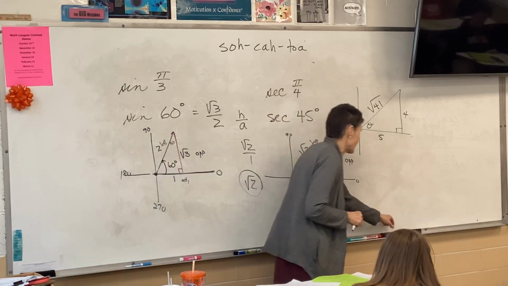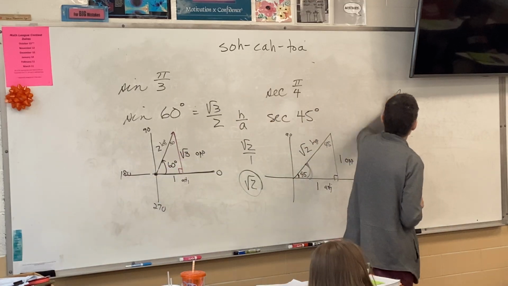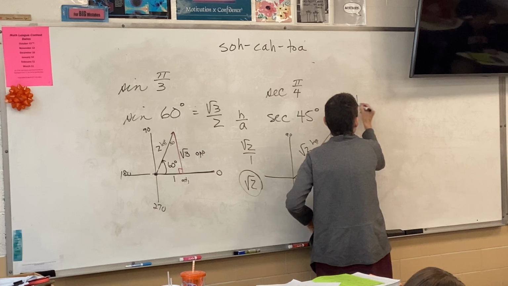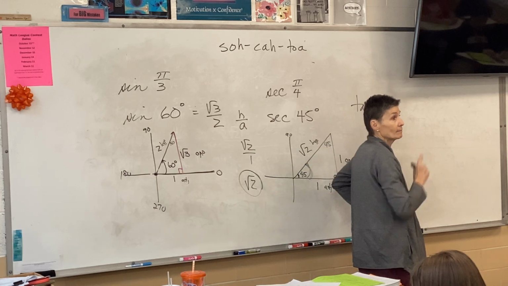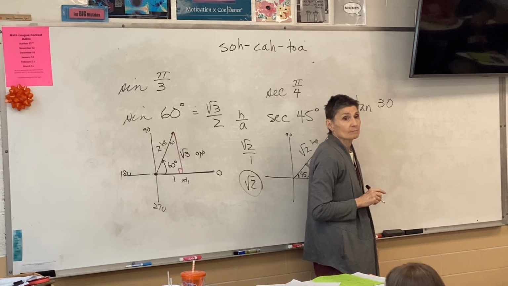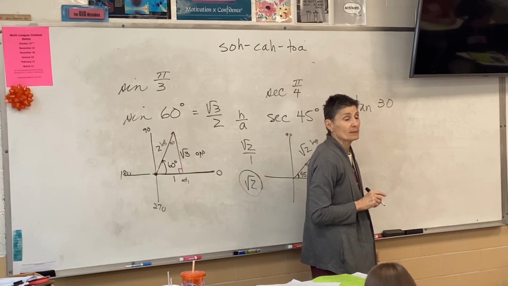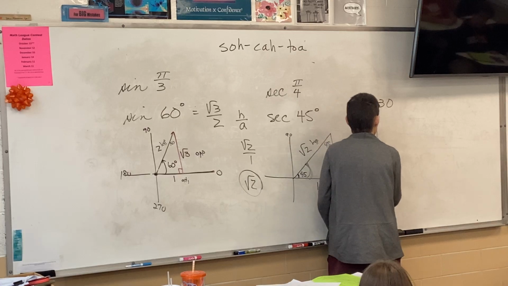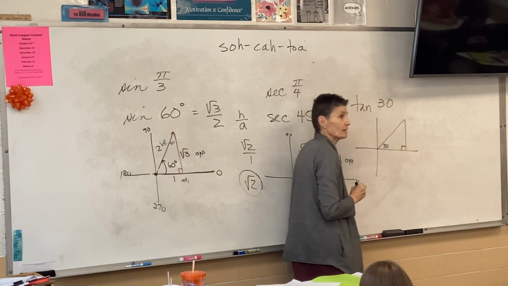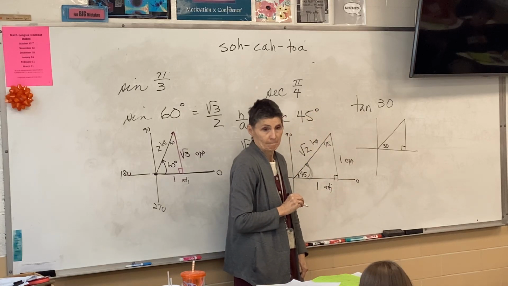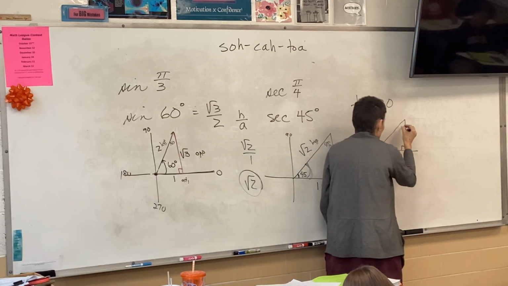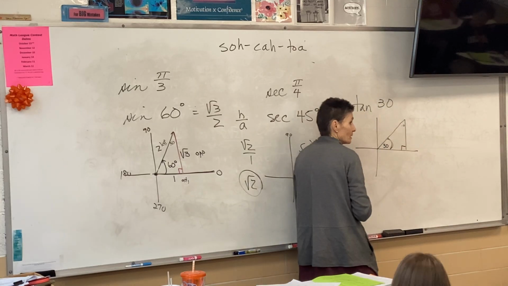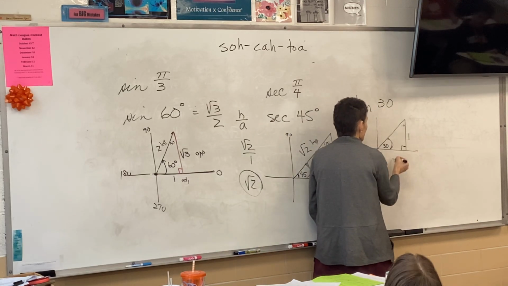Tangent pi over 6. That'll be the tangent of 30. Would everyone agree with that? Pi is 180. All right, you have to get the right angle. Everybody good with 30? So here's my picture. Is that good? This is 60 up here. This is the one I look at. So across from the 30,